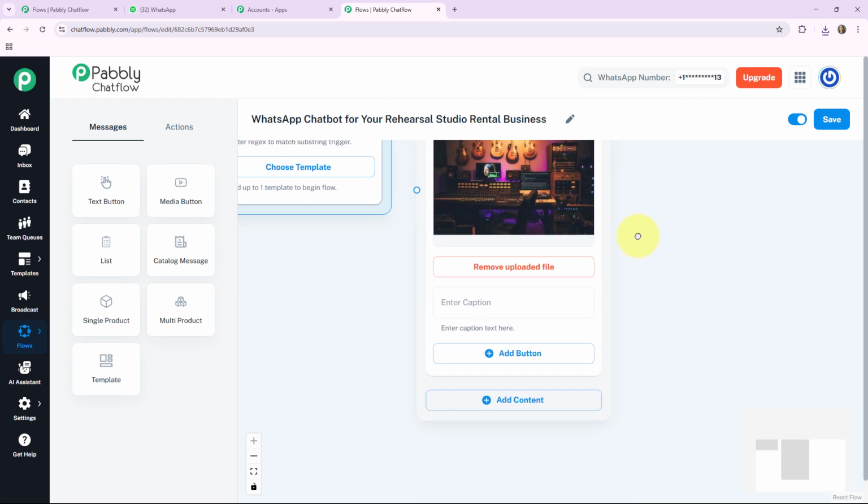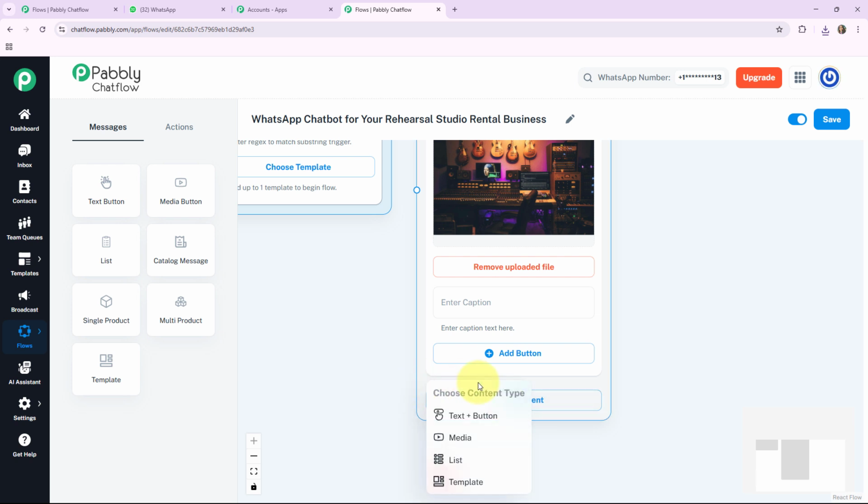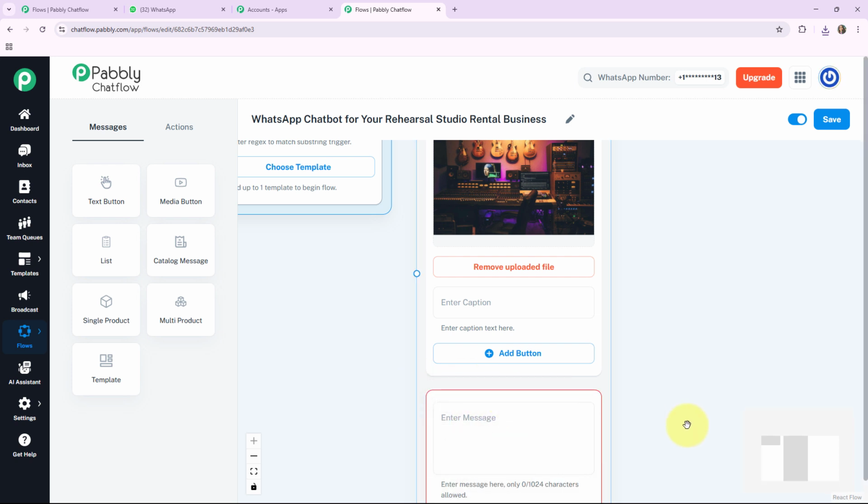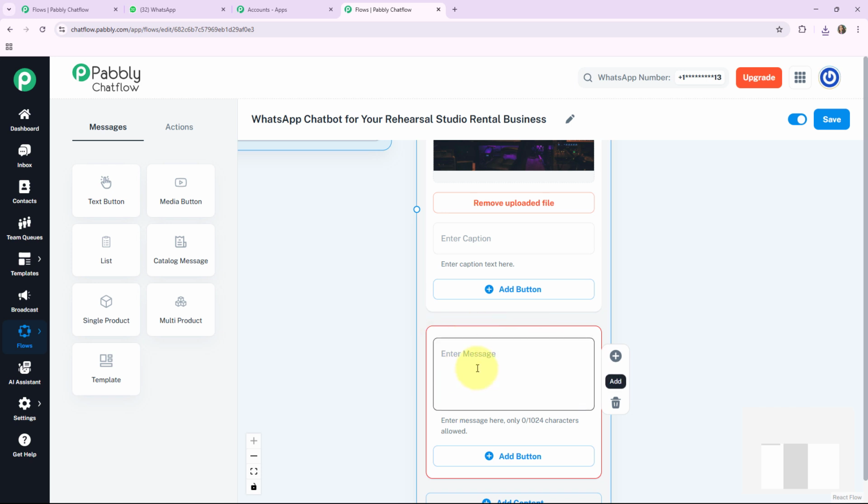Now I want to add one welcome message for them. For this, I am clicking on this plus add content. Choose content type as text plus button and write the welcome message for my customer in this enter message box. You can also enter a caption here if you want to. Here I write the welcome message, and at the end of this message I'll ask my customer